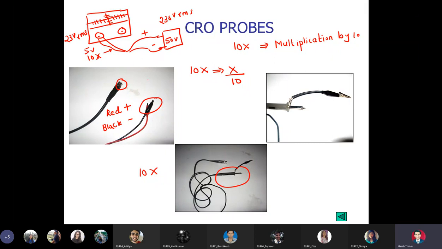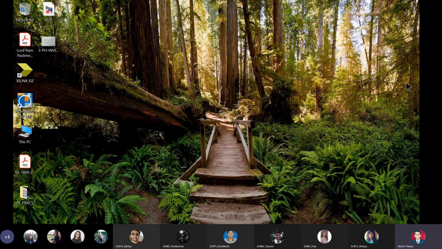So it does not have anything to give and take with reducing only RMS values, or only peak to peak values, or only DC values. It's impartial. Got the point? Because the output of PE systems is very high and it is not acceptable by the DSO, that is why we use a 10x probe. So what I will do is flash to you the picture of a 10x probe. It will become more clear.